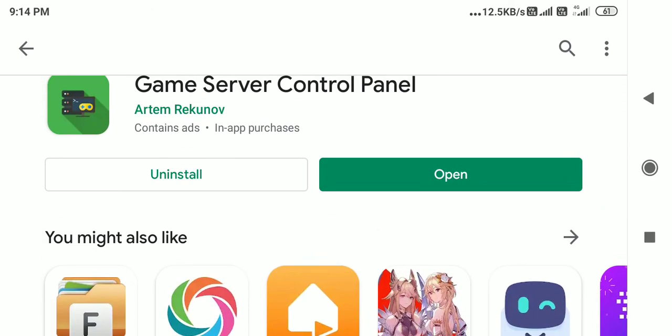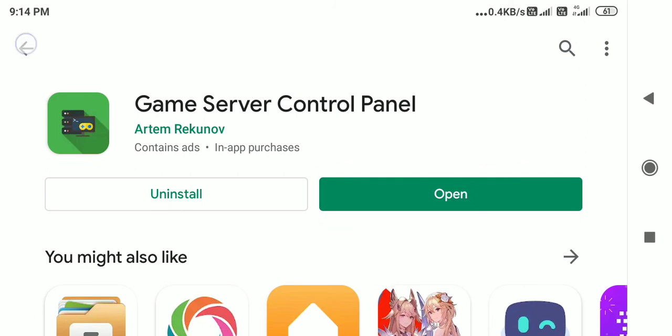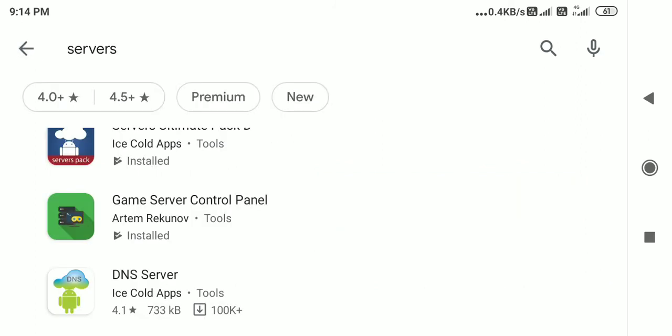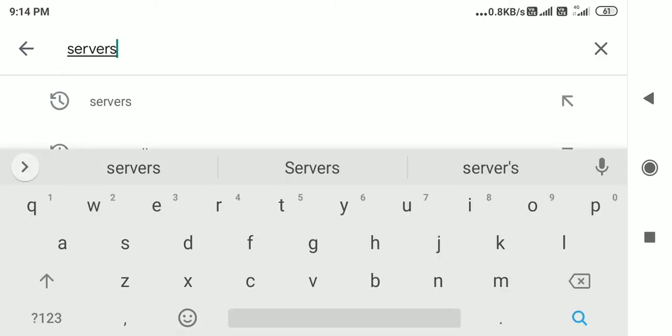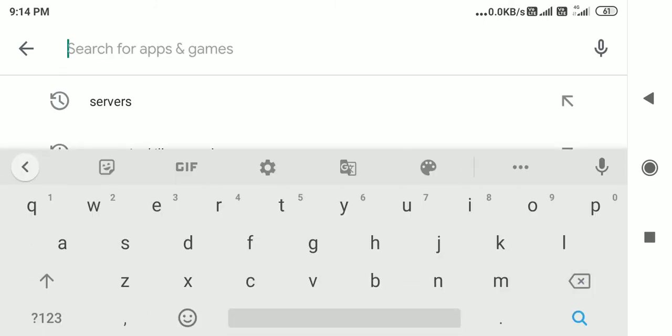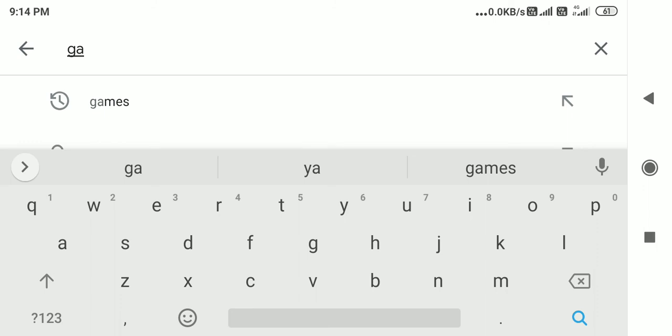There should be a client available for the game server. So now let me go back. Game server control panel. Game client. So I just search for games client.